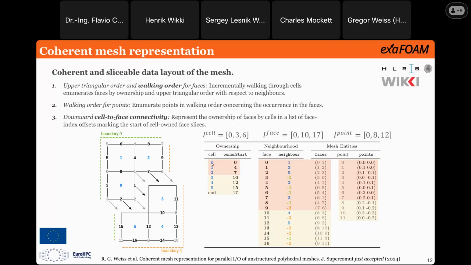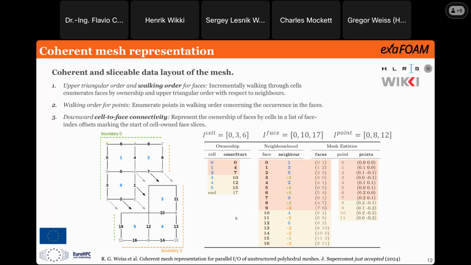It's really easy to simply read the first chunk from your owner list, or the owner start list, sorry, and determine exactly the chunk of lists that are face ordered. So the faces as well as the neighbor list will be face ordered lists. And then from the faces, I see the maximum point ID, which I have to read for that slice to get the points. So I have a coherence going from my 3D elements to 2D to the 0D points.